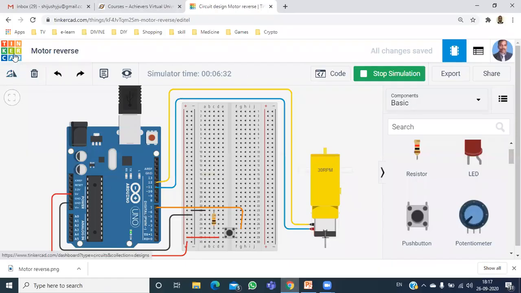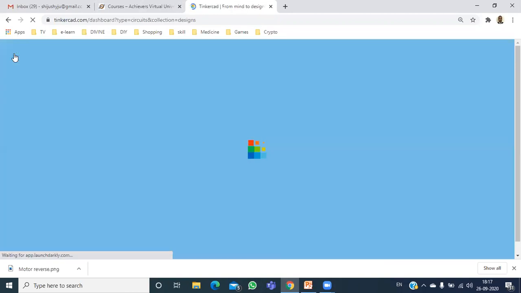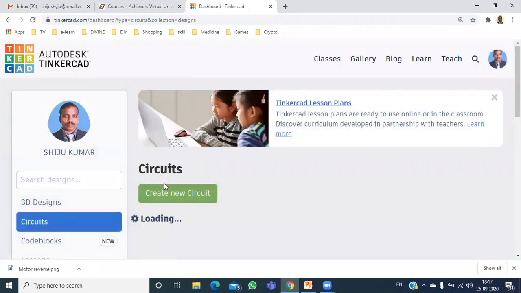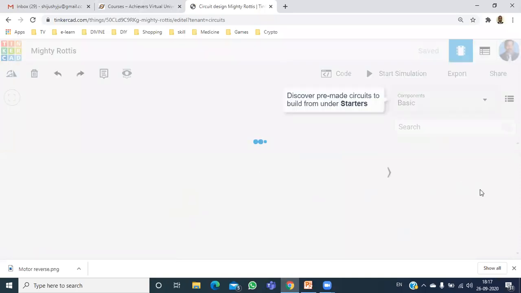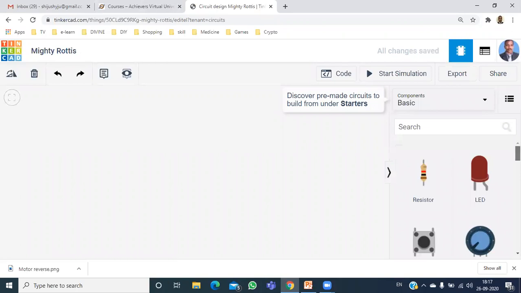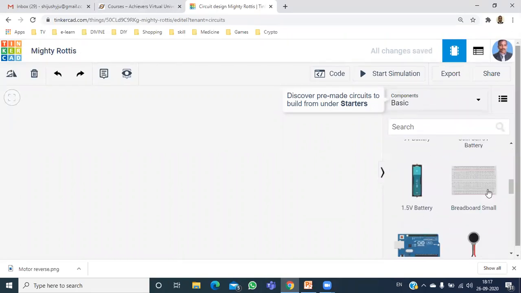Let me close this. Create a new circuit. Here we are in need of our breadboard as well as the Arduino board.